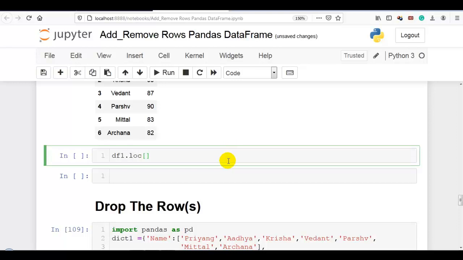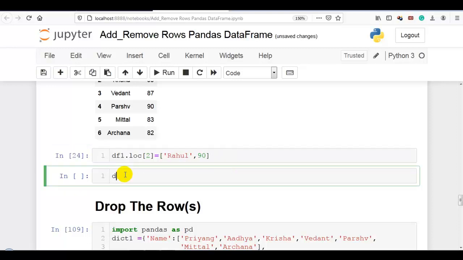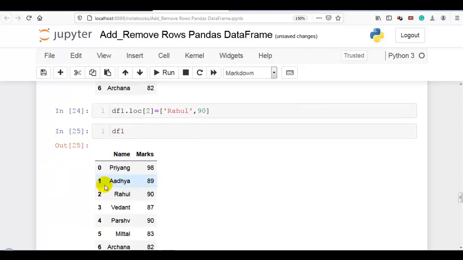So I want to add at the second position, row as a list. So Rahul with 90 marks. Now you can see over here, the new row is added at the second position using loc.